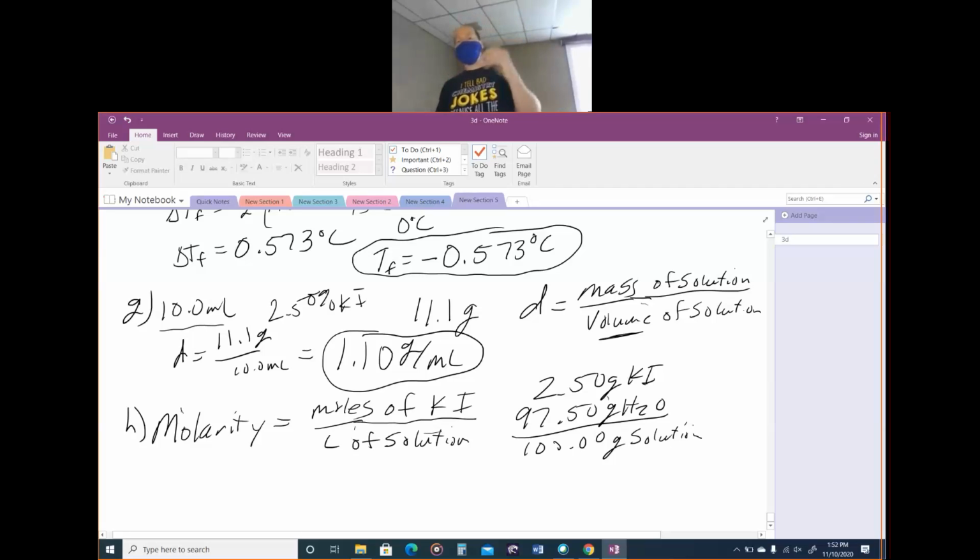When you have a 2.50% KI, that is what you have. So we already took the 2.50 grams and converted it to moles by dividing it by 166, and we got the 0.0151 moles. So we have our 0.0151 moles